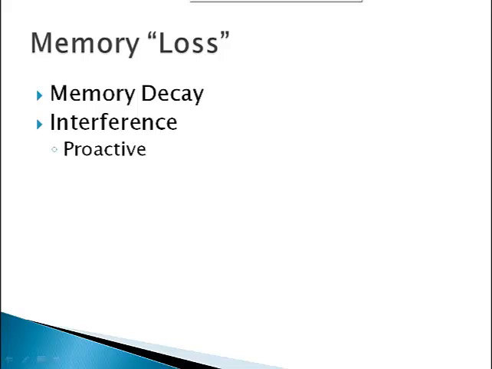I moved a number of years back, and as it turned out, I was keeping information under my old phone number on a website, and I needed to get that information. But I'd had my new phone number for a month or two, and I couldn't for the life of me remember my old phone number, even though I'd had the old phone number for 18 months. I had so completely got that new phone number in that I couldn't remember the old one. I had to go look it up on an old resume. When new information blocks old, that's called retroactive. Retroactive is when new information blocks old information.